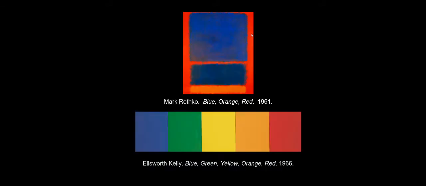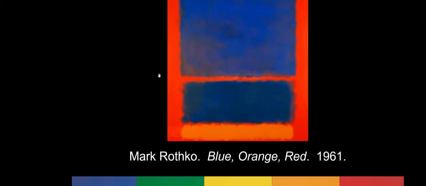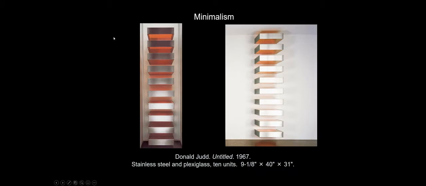In a way, they're sort of similar to the color field paintings of Mark Rothko, but the difference is with Mark Rothko, he wants to evoke emotional responses. He wants to communicate mood through his paintings, and his technique is very brushy and painterly. Whereas Ellsworth Kelly, it looks almost machine-made. Minimalist works of art almost look like no artist made them. This isn't about the artist expressing themselves. This is about making a work of art that's purely visual, and that's it. No meaning, no inner interpretation, no subject, just color, just shape.